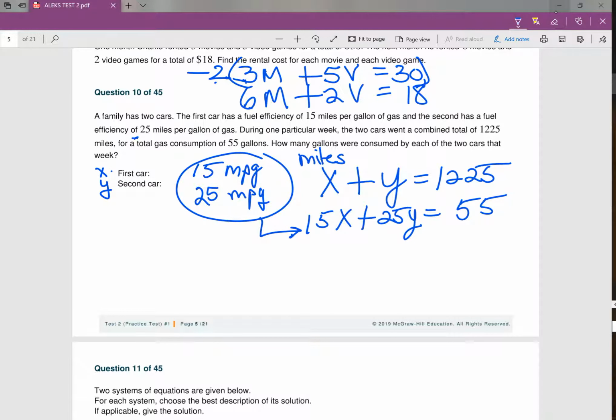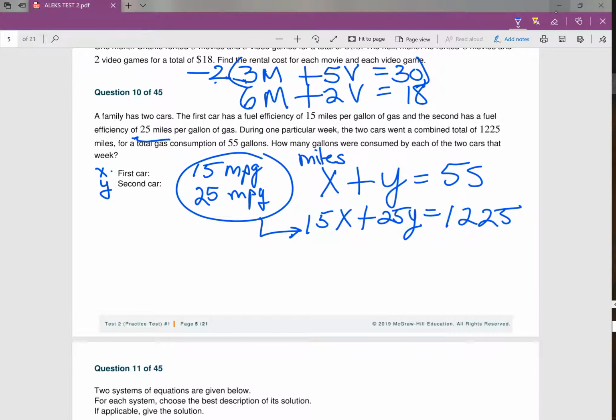So this is 25 miles per gallon. Actually, let me reverse these. I just realized I have them reversed. So yes, your miles are actually up here. So the car X plus Y went 1225 this time, and here's X 55. Alright, so if you plug it in,